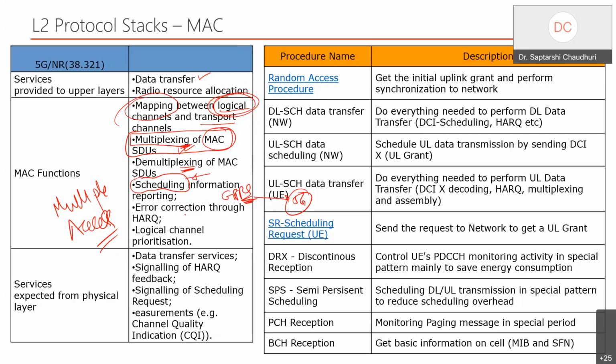Okay. Another thing that we added: if you go back to the OSI part of it, the forward error correction already happens in the channel coding in the physical layer. Then why did we start putting an error correction mechanism in the form of what we call hybrid automatic repeat request?